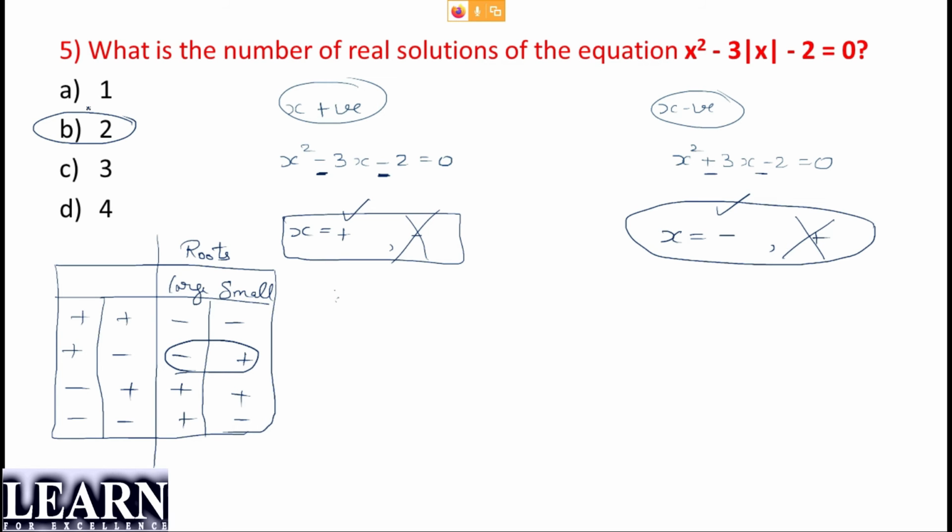Clear? I will give one more question similar to this in the comment section. Please solve the other one, guys. Yes, what if we get plus and minus? Yes, we have already solved it, right? Second one, it is plus and minus, and we have got it as minus and plus. Sheikh Amanullah, any doubts?